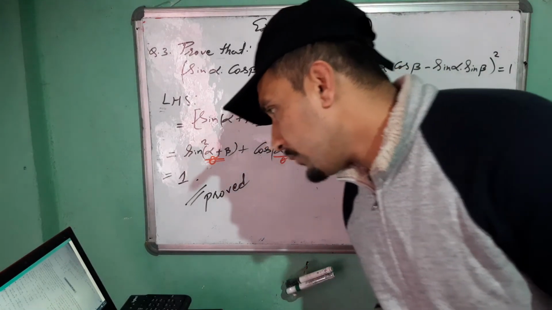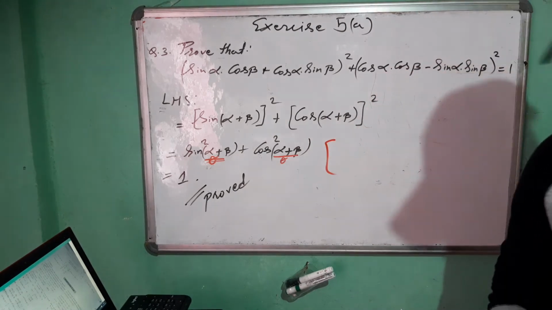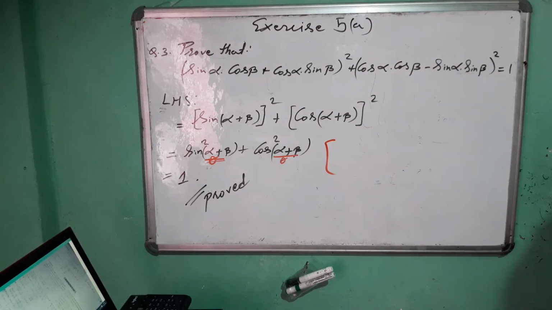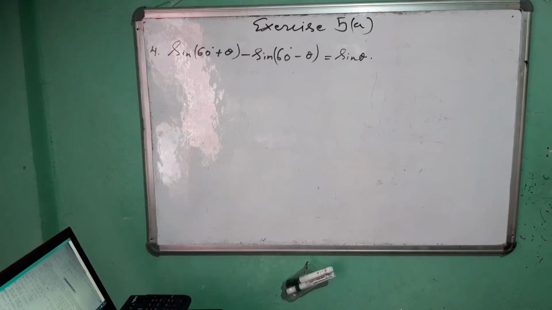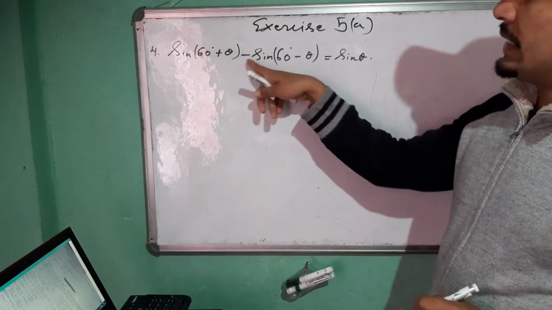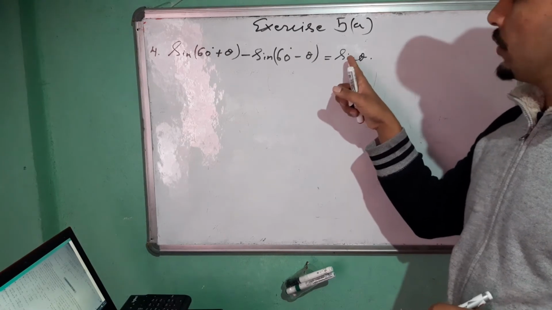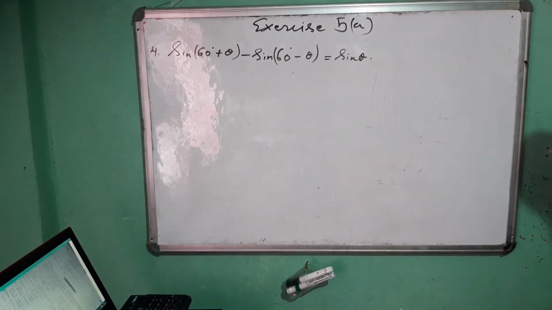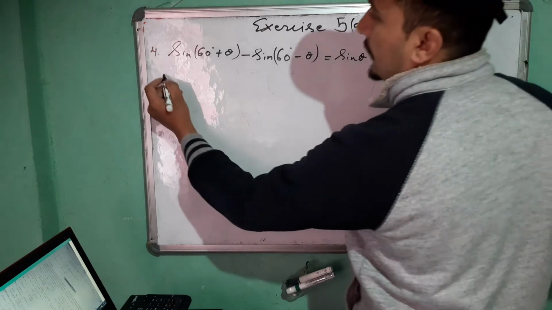Okay, next question number 4. You have to prove sin(60 degree plus theta) minus sin(60 degree minus theta) is equal to sin theta. You have to prove this. Okay, so from the left hand side